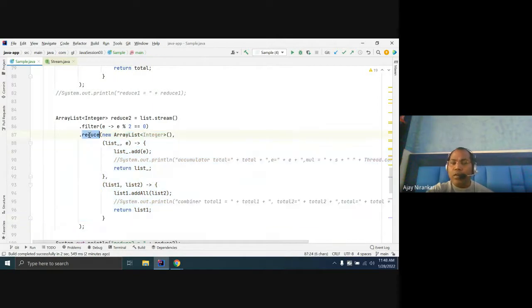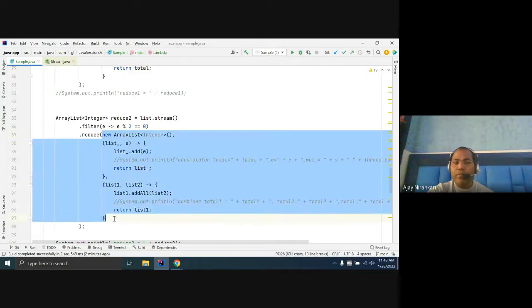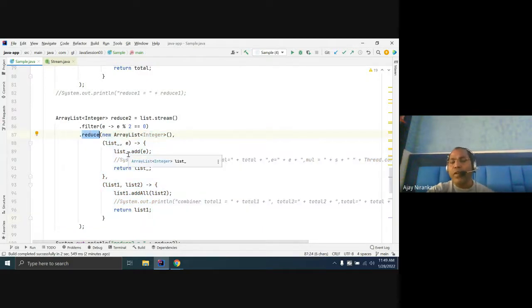So Java gave a simplified version of this reduce, known as the collect function. Whatever you are doing here, the same is done by the API itself. It says don't pass all these parameters, just use the collect function, the simplified version.